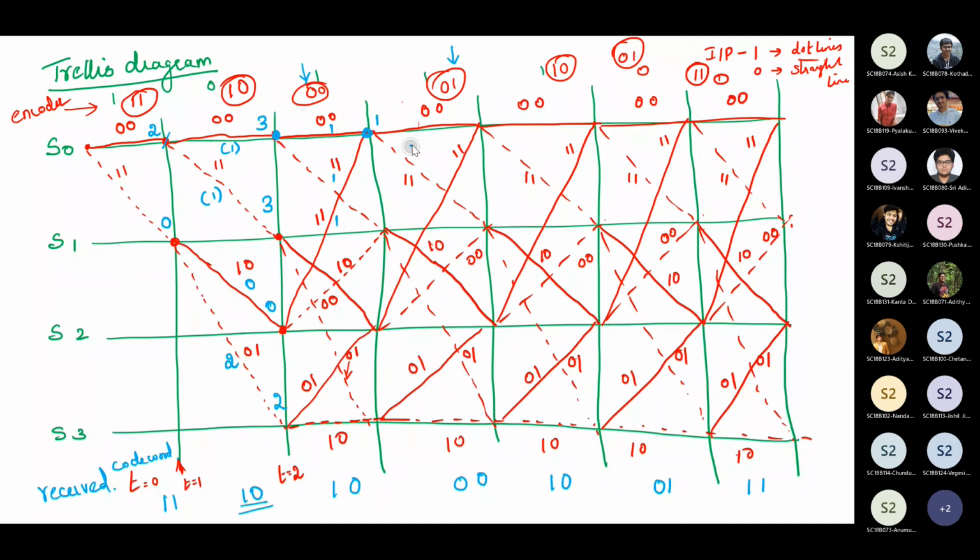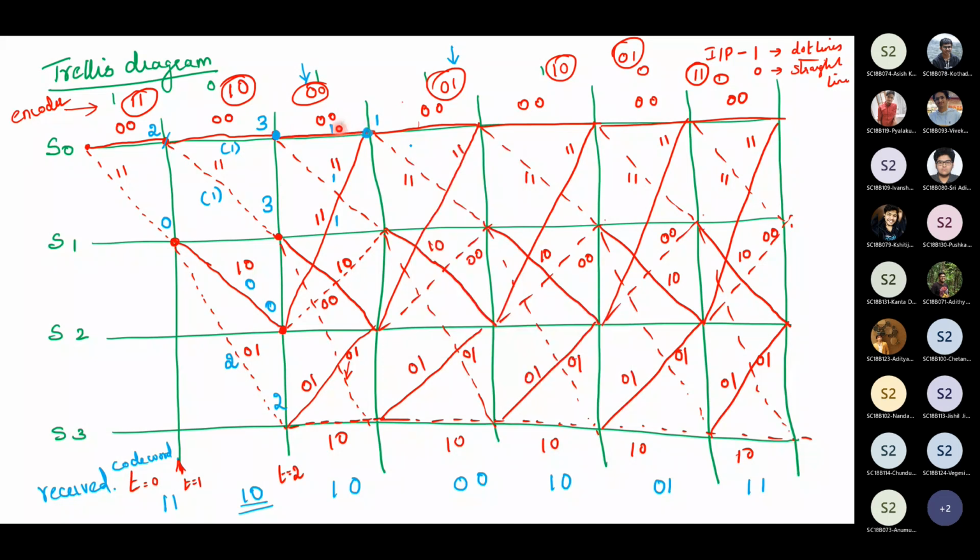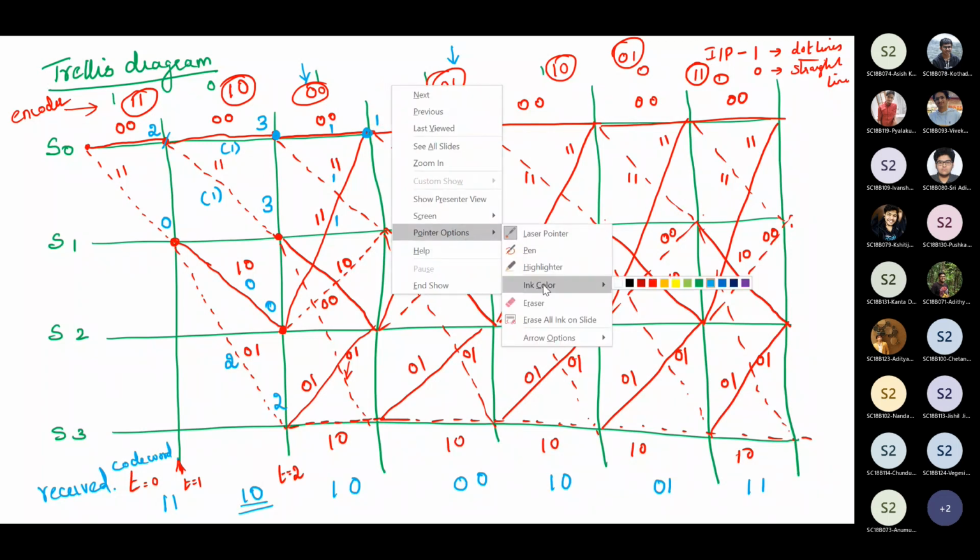Let me explain this point once again. From here to here, this path metric is 1. So 3 plus 1, here it should be 4. But at this node, 2 lines are joining. Similarly, if you take this node, the value is 0 and the path metric value is 1, so 0 plus 1 is 1. From this line it is 4, from this line it is 1. Whichever is the minimum value we write. So the minimum value here is 1. Similarly, we will write for the rest.